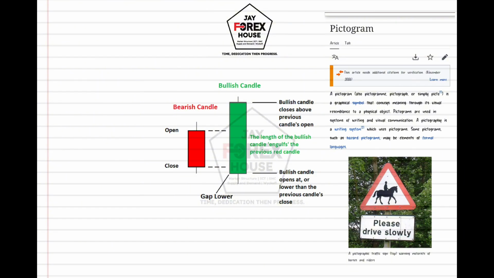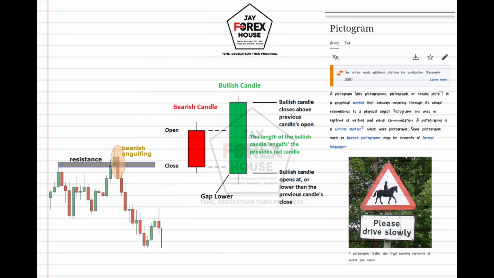Now, engulfing patterns, like I said earlier, are a different form of candlestick interpretation. This is outside what the meaning of a candlestick is. We're talking about the representation of a particular form of candlestick. When this pattern is formed, when the candlestick is formed in this particular way, it is called an engulfing. The form of this pattern gives particular information that explains what is going to happen next in the market.